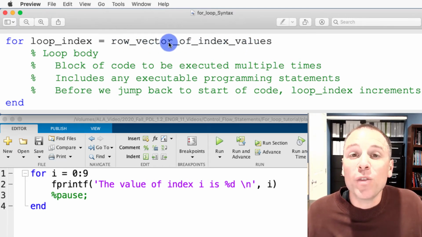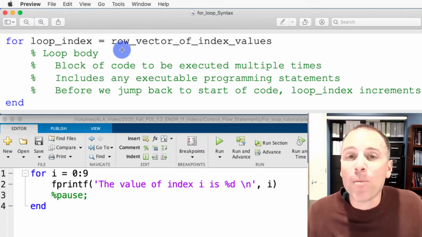We can do that entry by entry, or we can do that using colon notation. After we write that initial for loop declaration, we're going to define a loop body, which includes executable code we want to repeat multiple times. We end our for loop with the word end to tell MATLAB where the loop body begins and ends. This programming construct is super useful to repeat lines of code a set number of times.